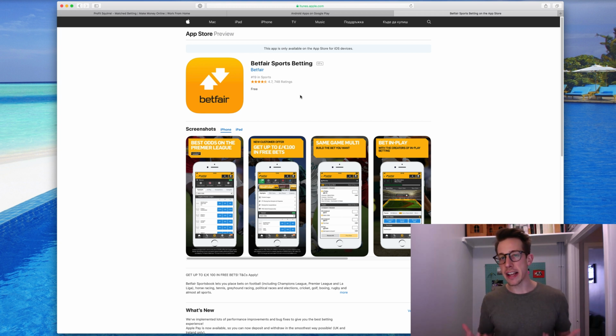We've been hearing here at Profit Squirrel from our members that people are getting offers pinging through to their apps at random times, and sometimes they're getting special ones for horse racing at the weekend or different events that we're actually not seeing anywhere else. So if you don't have the apps of the big bookmakers that you're using, then you're probably missing out on offers. So what I would say is get the apps, get the exchange apps,